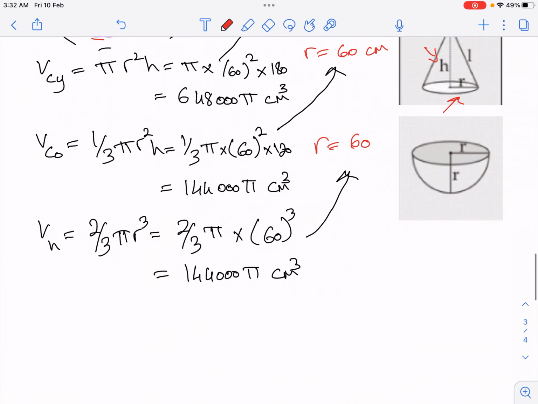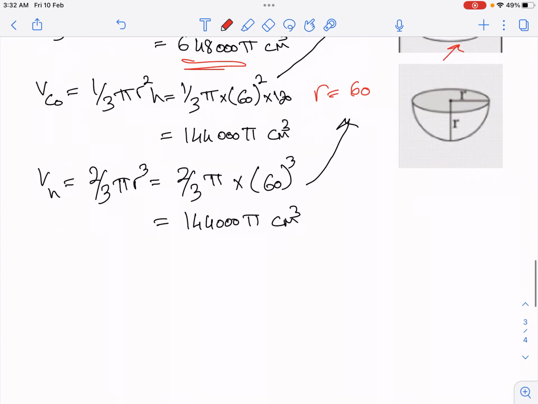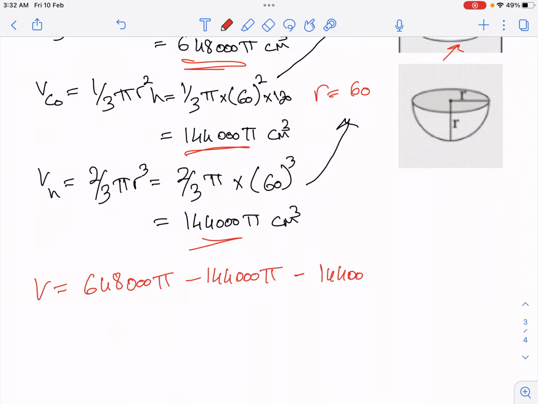So the total volume of the cylinder is 648,000 pi, minus the volume of the cone, 144,000 pi, minus the volume of the hemisphere, 144,000 pi. We are going to get 360,000